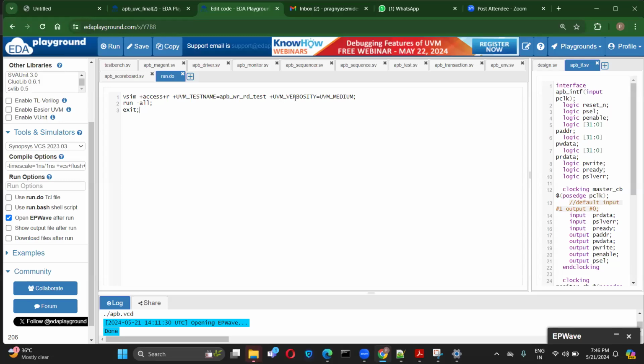Because if you want to filter any of the messages using this UVM verbosity, you can set the verbosity level, and now it is set as UVM medium. You can change it, and based on that, whichever things you want to be printed will be printed. We will have a hands-on session on the UVM verbosity once after a few sessions. For now, you just focus on this